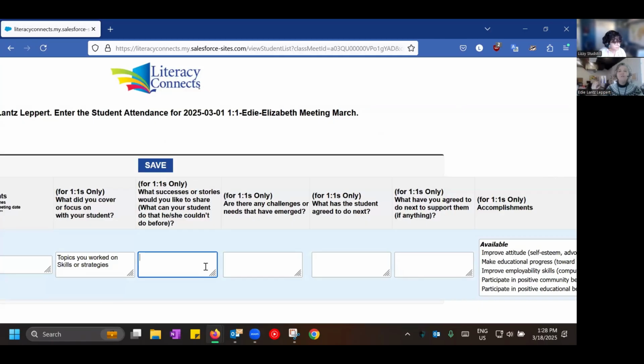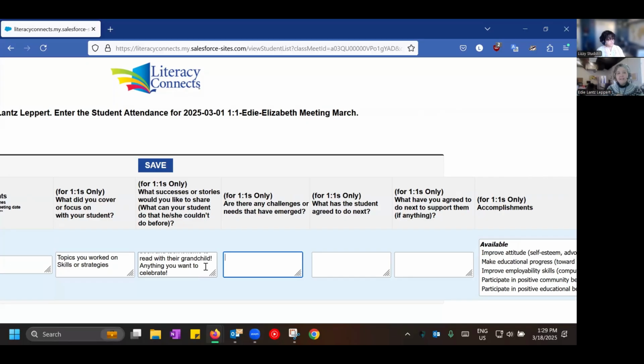Maybe they finished their first book ever and you want to put that on there. Maybe they were able to pick out a free book in our free book area and they took it home and read it to their grandchild. That's cool. What are those successes? What are those stories? And all the little stuff counts along the way. It doesn't have to be got a GED. Obviously, it can be, was able to pick out their own book and took it home and read the first chapter. Hallelujah. That'd be great.